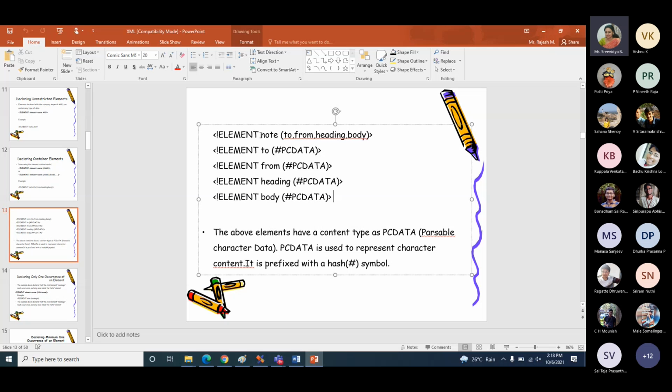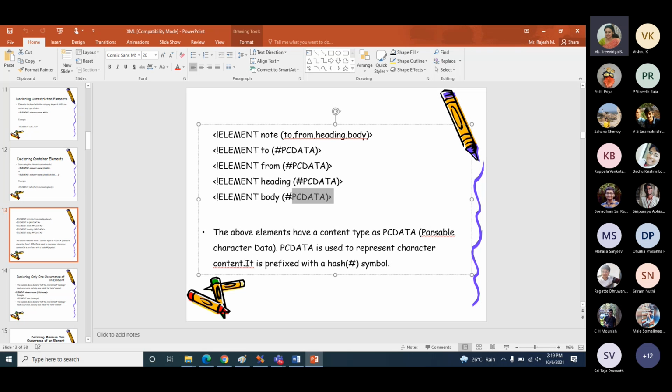It is a container type element which contains two sub elements, heading and body, and all of them are parsed character data type. That means string data it can take. Four different sub elements are also there. No attributes, only this much. So this is the DTD we are going to write.